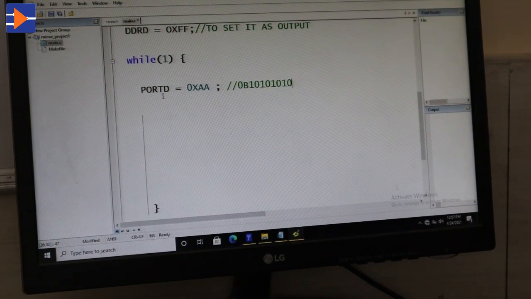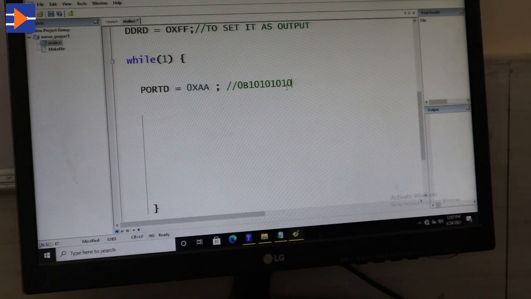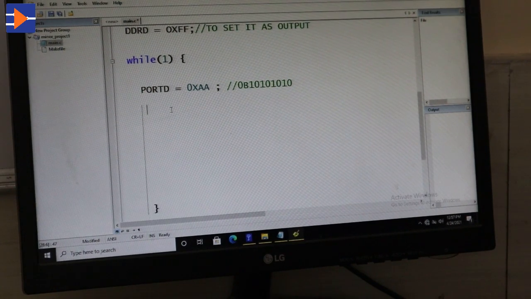So that means we are glowing the even numbered LEDs in this case. And after that I will give some delay, _delay_ms(200).